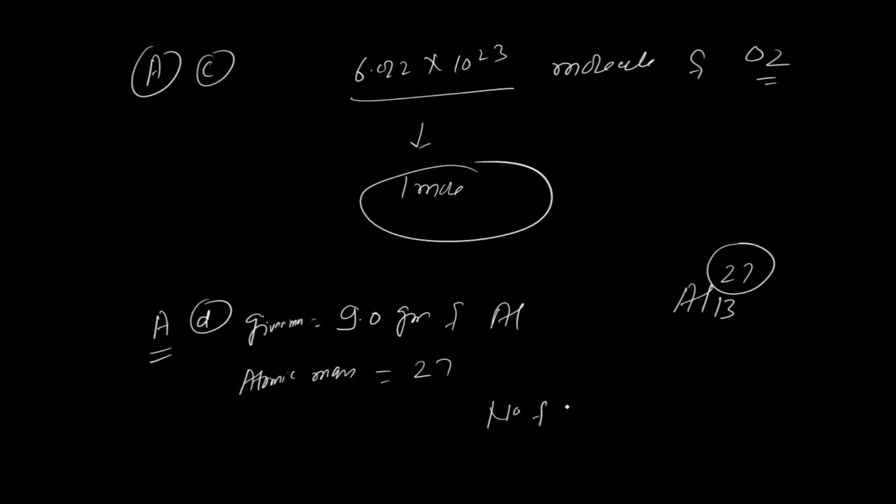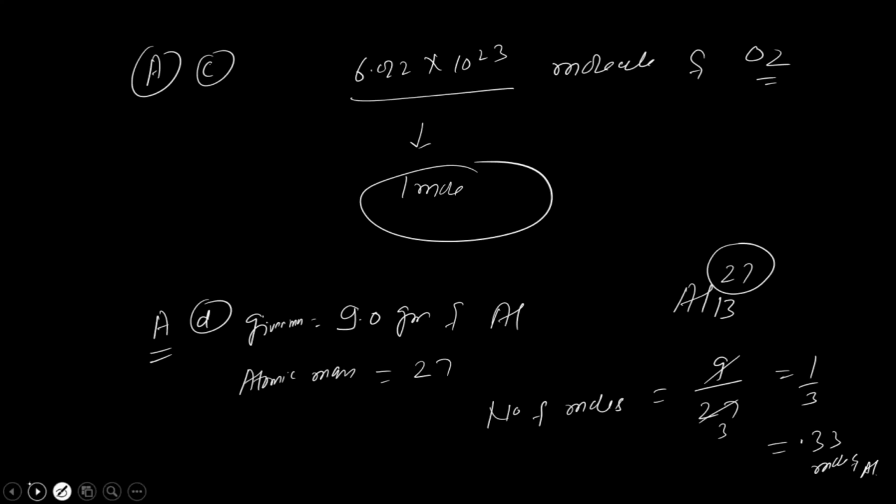So the number of moles is equal to given mass upon molar mass. So 9, 3, 1 by 3. So it is equal to 0.33 moles of aluminium. So this is based upon the direct formula of the given mass upon atomic mass. So this is the question number D. Now we just move to the next question. The next question is